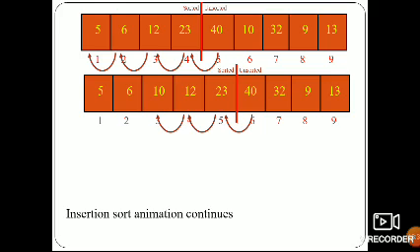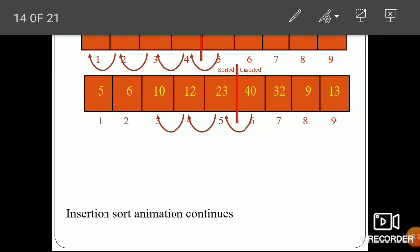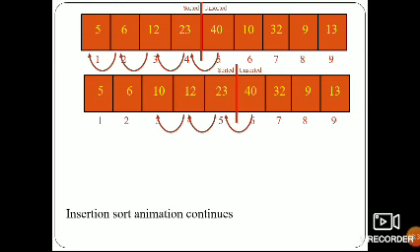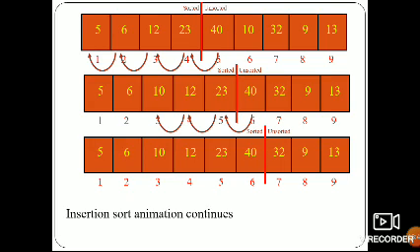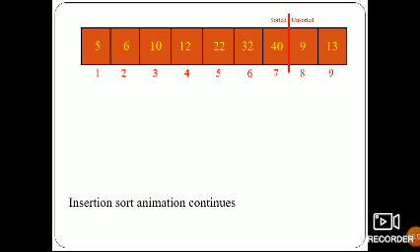Now 40 and 32 we have to compare. Now we need to exchange. Exchange done. Anything else to compare? There is no need, it is already sorted. The computer itself will check till the end.